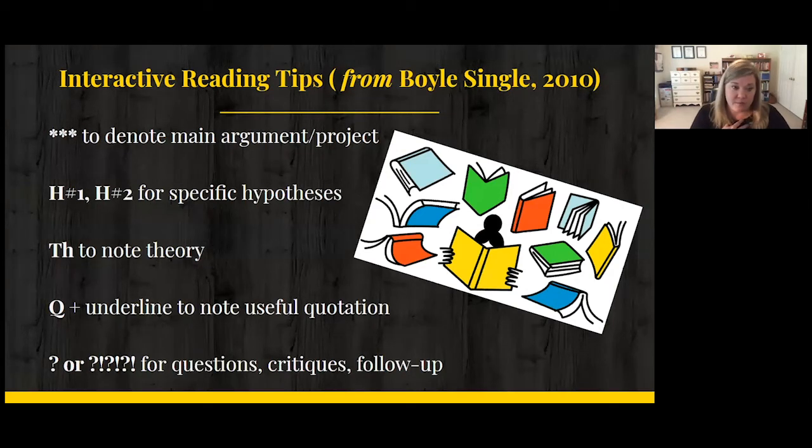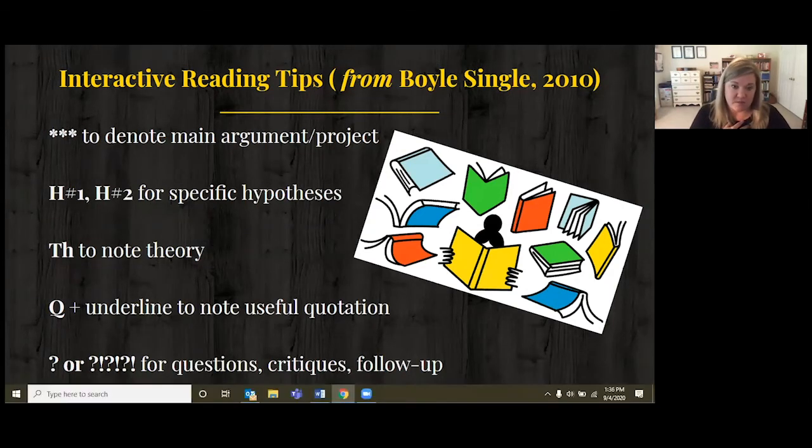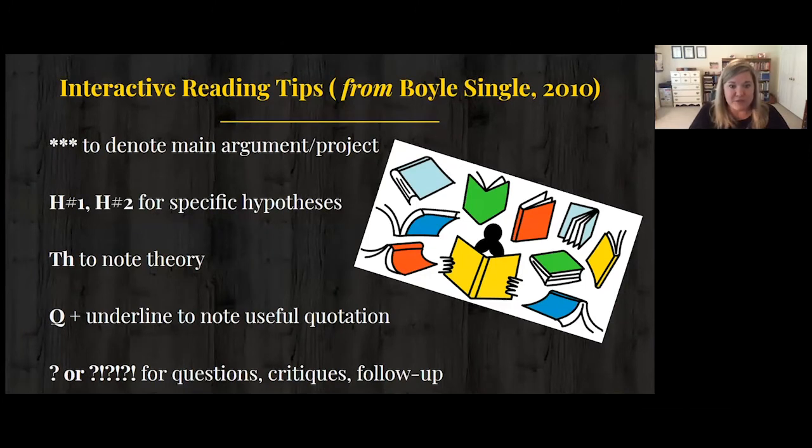The most important mark to make is the 3* mark here. That mark denotes the main argument or the main project of the piece. Often I find that at the very end of the article, right? I may find that on the next to last page or somewhere in the discussion. But marking that becomes really important for when I start to classify, as Kimberly talked about earlier, right? This talks about this topic, this talks about that topic, and I'm able to organize by theme in that way. It also helps me figure out why all of these articles are important, right? Like what their main finding is.